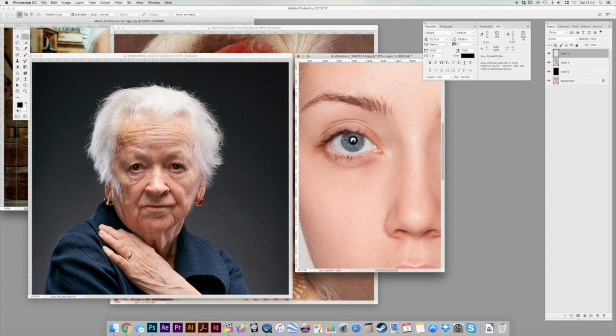So I just made the selection around the eye, and I just made a new selection via cut, and now here's the eye, and here's the empty, what's it called, the socket. And what I do is that I